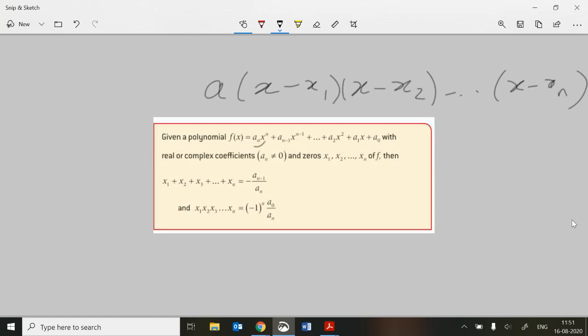In fact, you'll get an a_n in front because that's the only way of getting x to the power of n. So if this thing here can be written like this, that's the fundamental theorem of algebra,